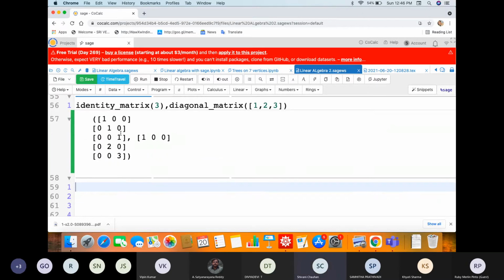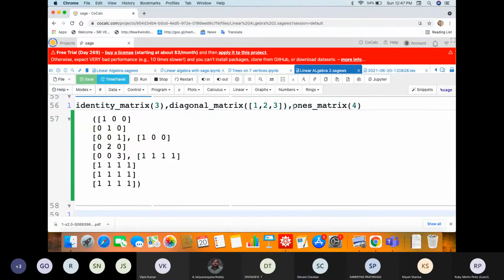So here is my identity matrix, and here is a diagonal matrix. Like this, you can get the 0 matrix and matrix with all ones. If you type ones matrix of order 4, it will return you a matrix with all ones.